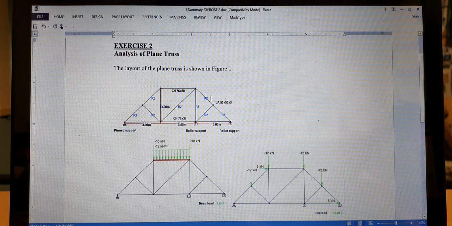For the load system, we are going to apply two types of loads, which are dead load and live load. For the dead load, we are going to apply a point load at this point and a point load at this point, and also a UDL on this member. Actually, for a truss structure, you are not allowed to apply load on a member. But in this exercise, I'm going to show you that this truss structure can